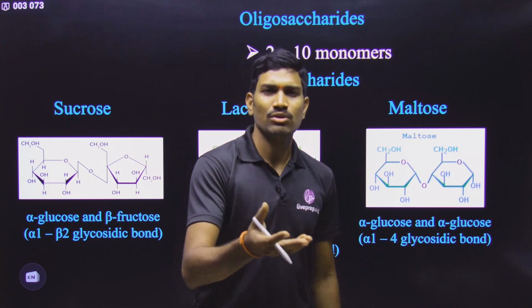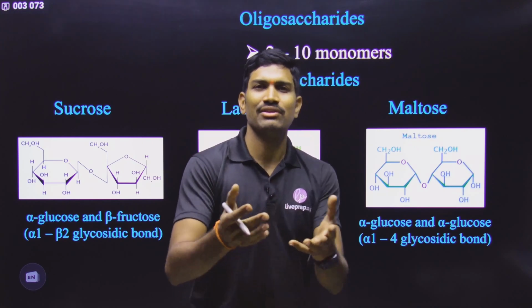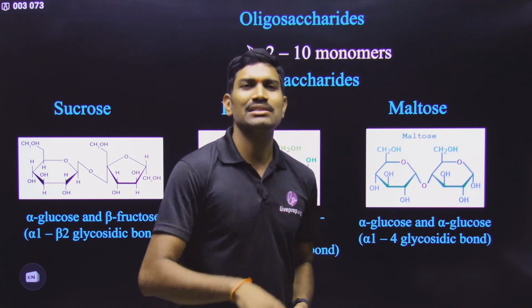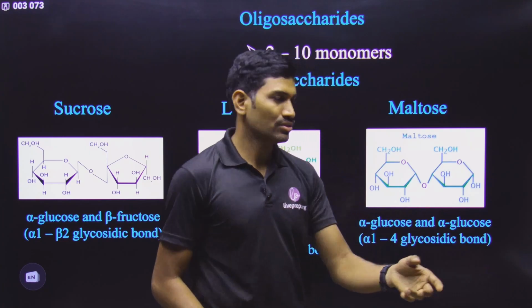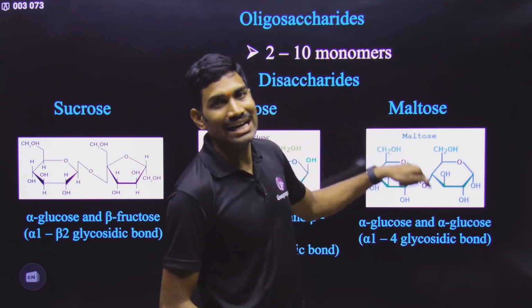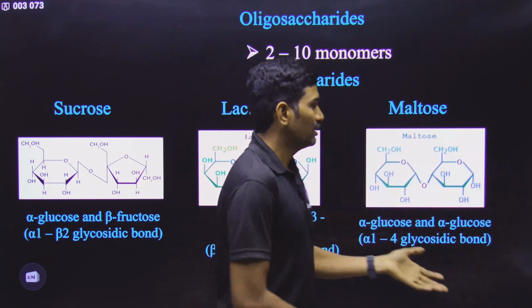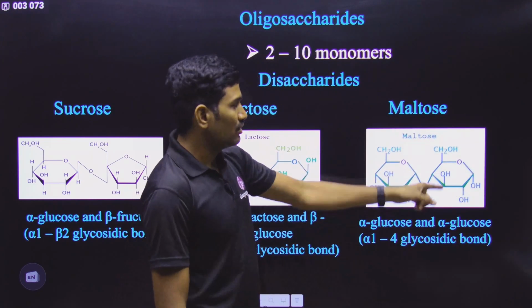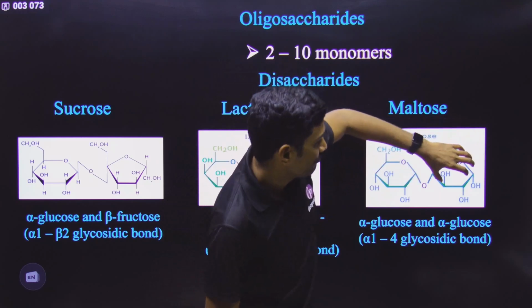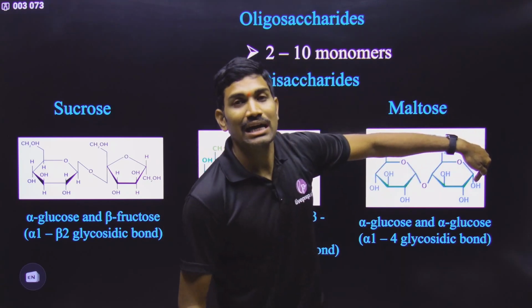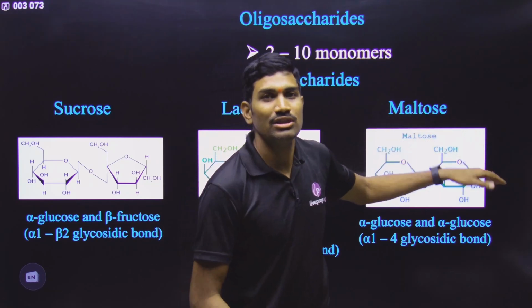Okay. Fehling's solution or Benedict's solution, likewise different solutions are there. In there some agents will be there, so in there some ions will be there, and those ions will be reduced. So if this sugar has the ability to reduce that, it is called a reducing sugar. So is maltose a reducing sugar or not? Yes, it is reducing, because for this sugar the carbonyl carbon is free, so it is a reducing sugar.